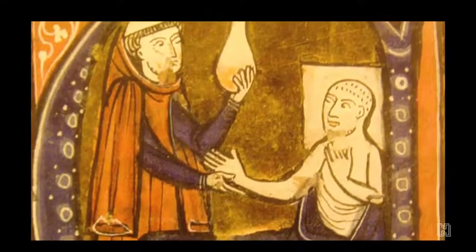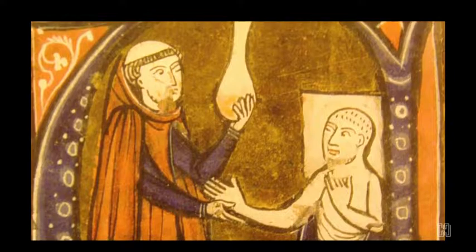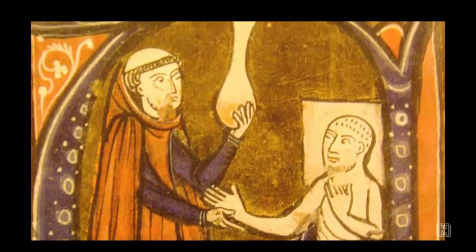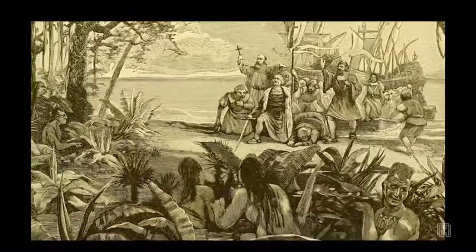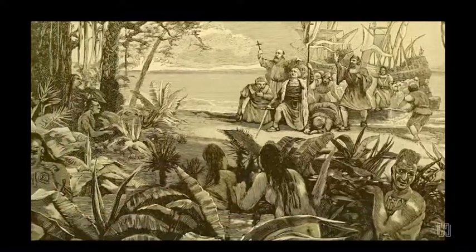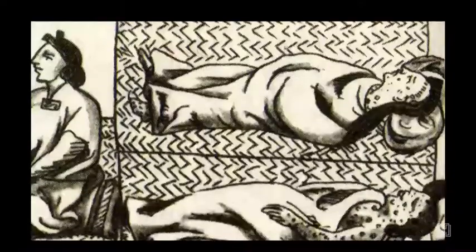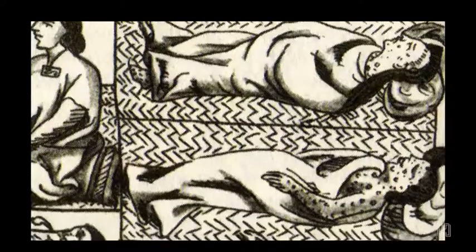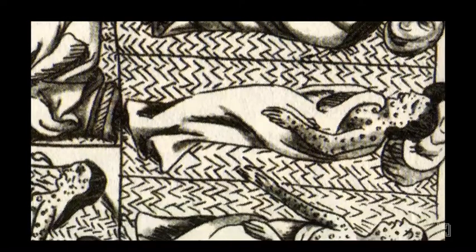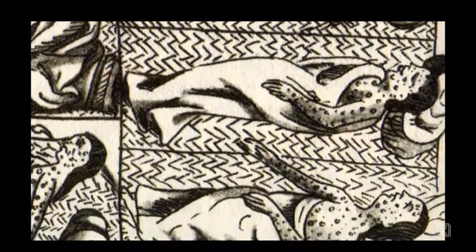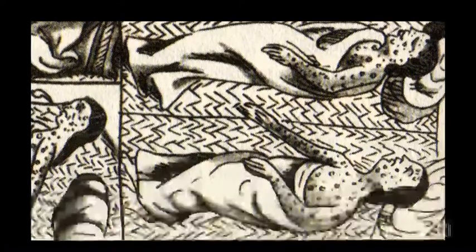Smallpox was an airborne disease that Europeans had been exposed to for many centuries, and even though it was still devastating, they had built up some immunity to it. But when the white people showed up in the Americas and started coughing all over the natives, the smallpox contagion was deadly to a people who had never encountered it before. It was this disease that was responsible for the large-scale death that occurred in the Americas. In general, historians estimate that it wiped out about 50% of the native population, and in some places, upwards of 80 to 90% of the native populations were destroyed.